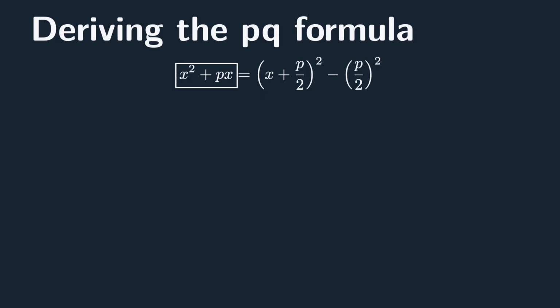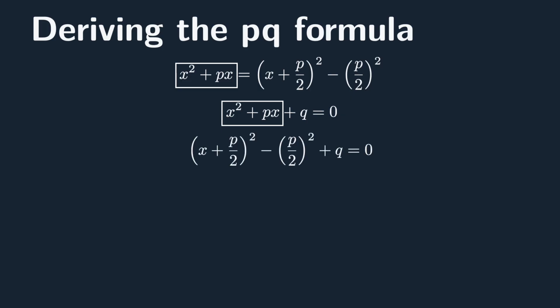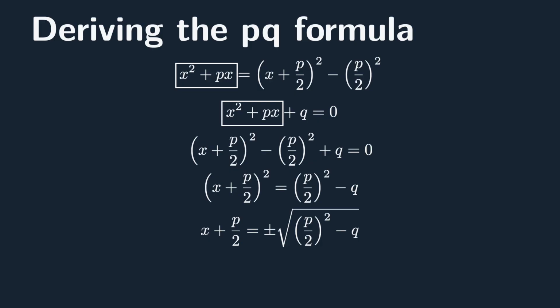On the previous slide, we found a way to rewrite x squared plus px as one bracket squared. Now, we substitute that rewritten form into the PQ form equation x squared plus px plus q equals 0. After substitution, x appears only once, inside the bracket. We then move the remaining terms to the other side, take the square root and subtract p on 2. The result is the PQ formula. The ABC formula can be derived in the same way. This means that both quadratic formulas can be understood as coming from completing the square.